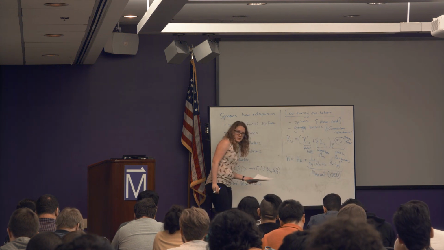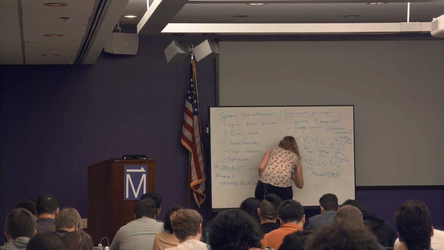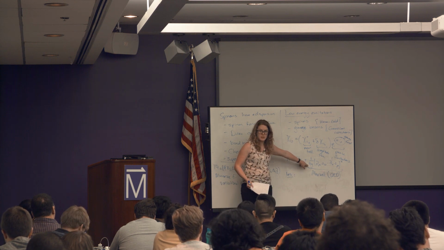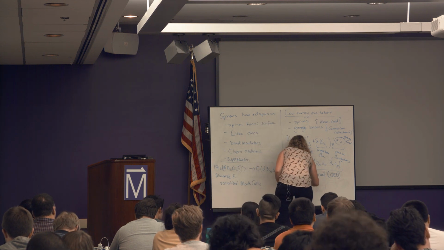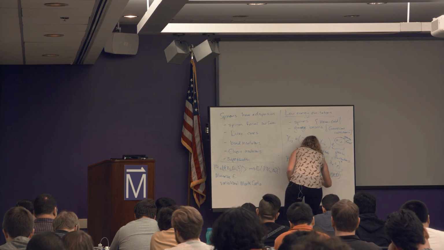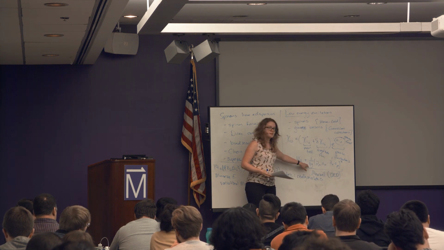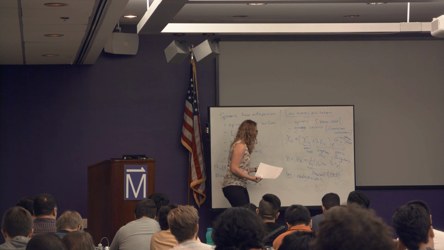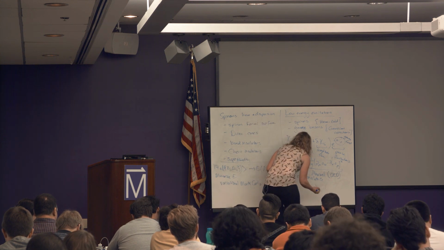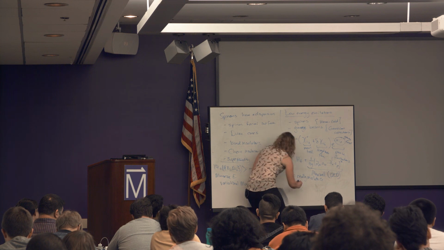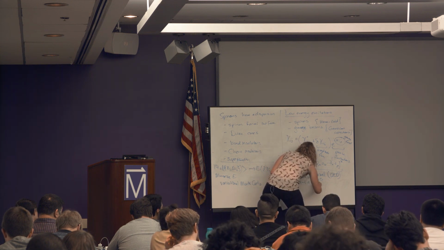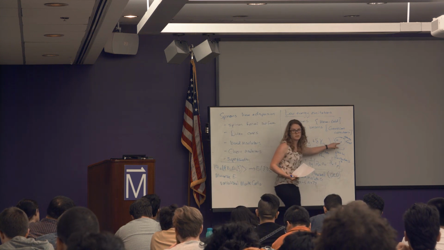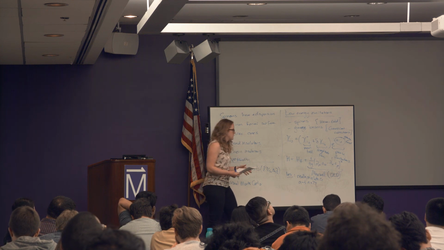So let me tell you where I'm lying to you. The first thing is I've written down something in the continuum, and we're really on a lattice. There's a way to write this down on a lattice, it's just not as pretty and not as recognizable. So you can write down a lattice gauge theory. The other thing is that if I take A to A plus 2 pi, I should get back all of the same physics because it only shows up in this exponential here. And so this is actually a compact